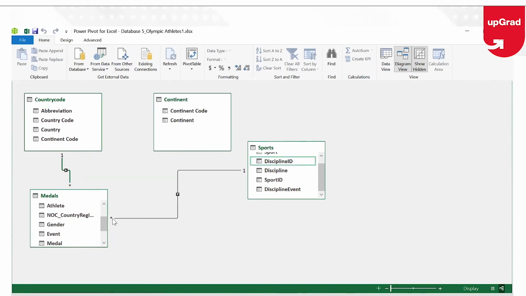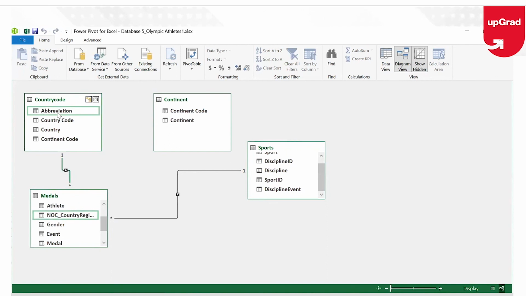Think about how we did it in our pivot table. What we did was we first picked up the table which we want to relate, that is our medal table. But in our diagram view, we are doing vice versa, where we are picking up the related table, or data from the related table, first, and then linking it to my transaction table. Both are doing the same work, same relationships are created, but still you can see that the ways to do that are a little different in both the cases.